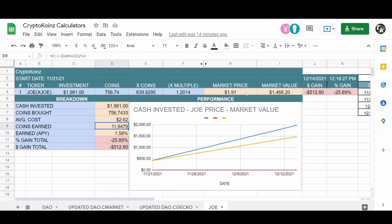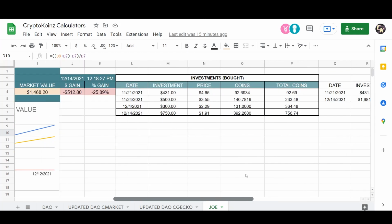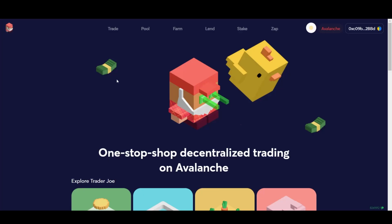That's about $24, more or less. And I've earned an APY of 1.58%. But overall, the price of Joe has decreased. So I'm actually down right now, minus 25%. But I'm not too concerned about that. This is something that I look at as a longer term investment that I will continuously average into. So let's take a look at the Trader Joe platform and look at some different ways to stake, farm, and